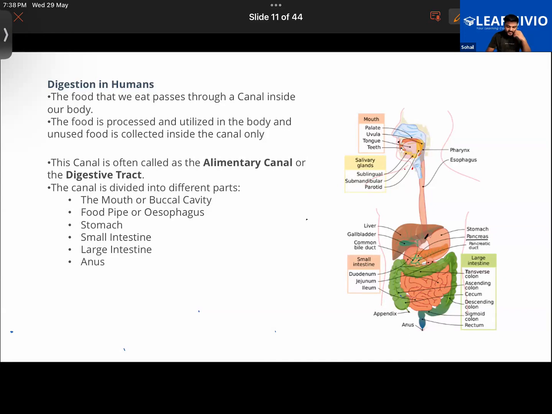So our discussion is going to start from the mouth, but before that, you need to understand the pathway in which the food is running in your body. It starts from your mouth, then continues to the stomach, then to the small intestine and large intestine, and goes to the rectum, and then via the anus, the waste is excreted from the body. This is a canal-like tract, which is often called the alimentary canal or the digestive tract. It's a pathway for the food. You guys getting it now?